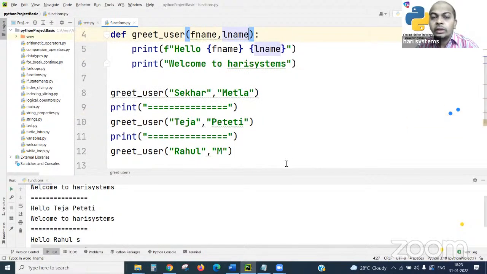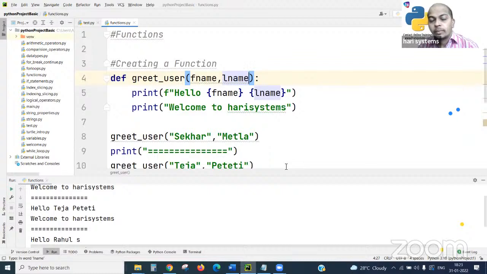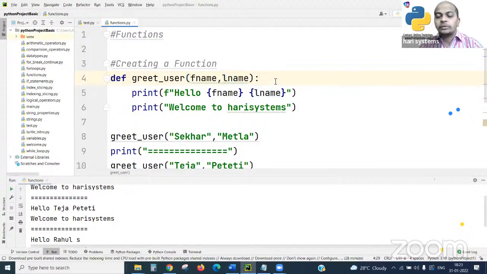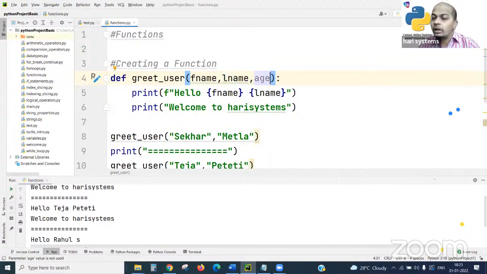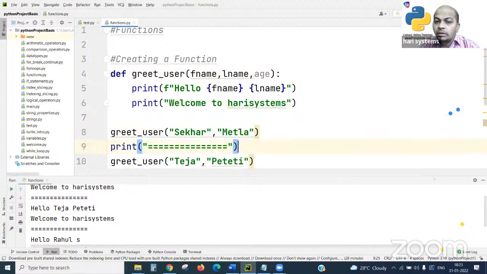Now my requirement is changed, and I want to print a basic age also as a third parameter and third argument, with an integer value. How is it possible? Just take one new parameter there, and here also you need to print a third variable, which is age, dynamic data.